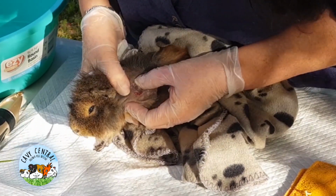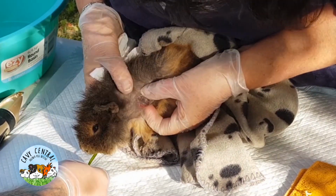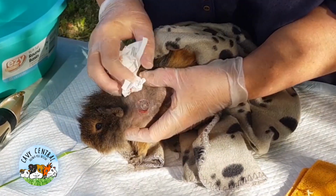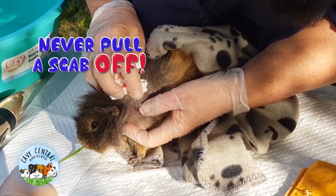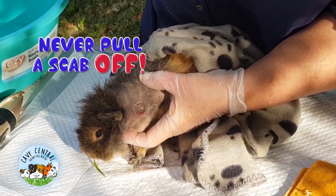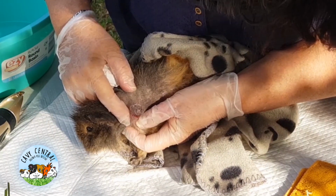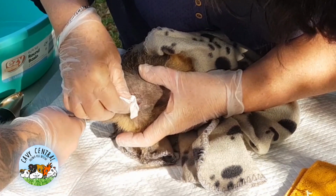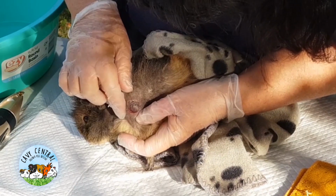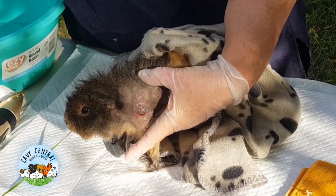Yeah, it seems to be most of it. It's interesting how the body repairs tissue, and this will eventually lift off. It's definitely a scab for whatever was under there, but obviously it's capped any infection in that area, so we're not going to remove that because it's still attached, but we are going to flush just that area